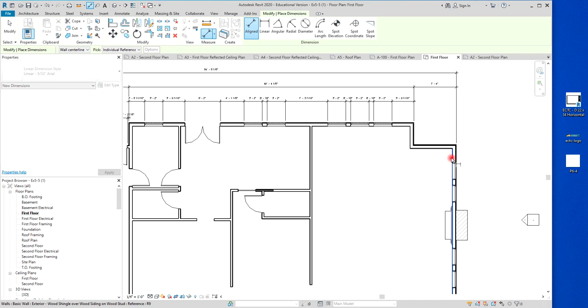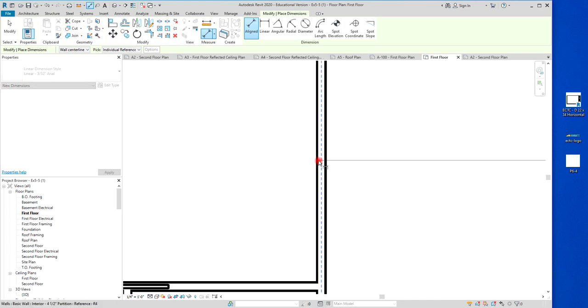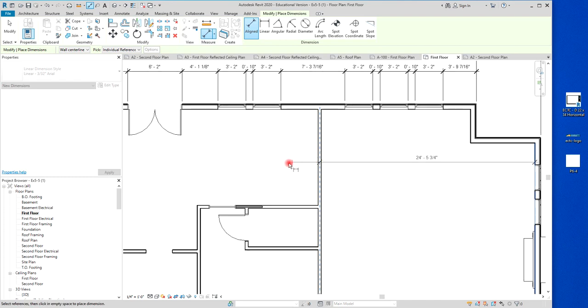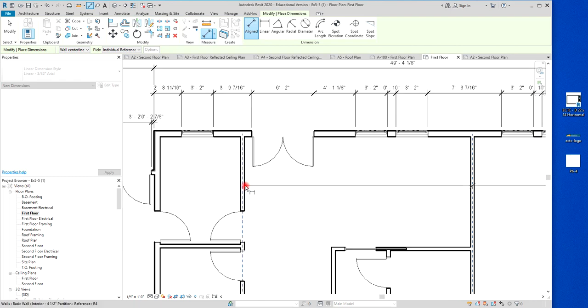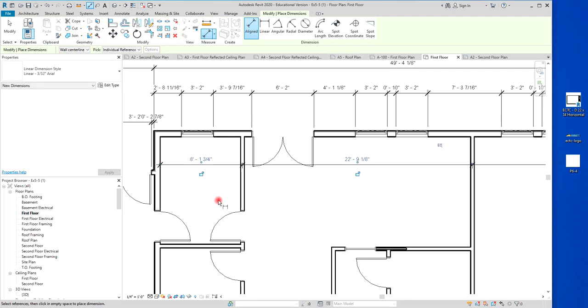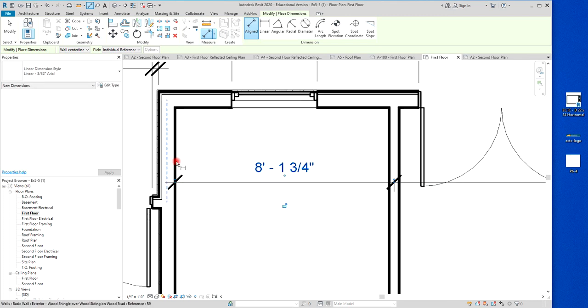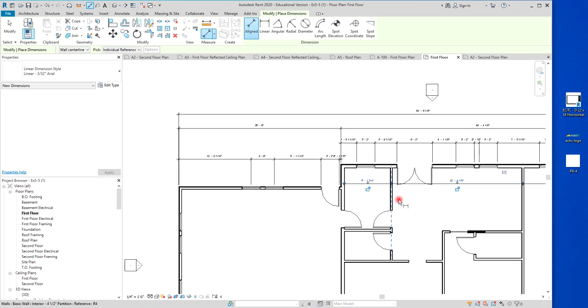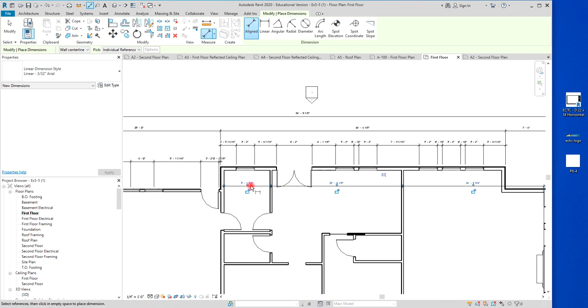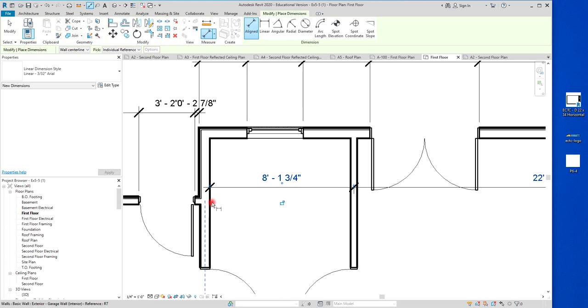When you go to do your inside wall dimensions, you can dimension to the center line of these walls if you like. It would make things a little faster. But once you hit a wall here, you'll need to go to there. Okay? So you're going to measure from the face of this wall, center line of that wall, center line of that wall. Or, if you decide to go from the face to the face, to the face,